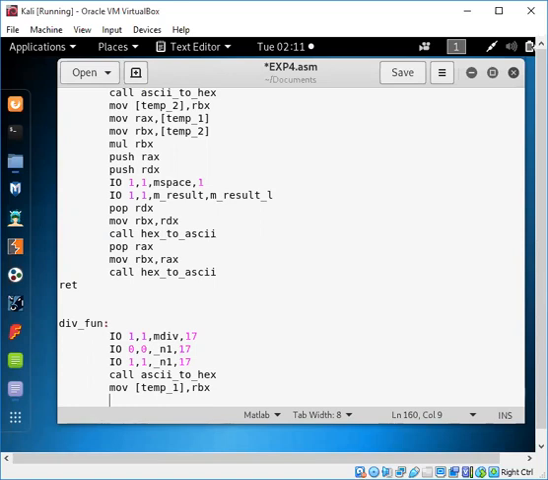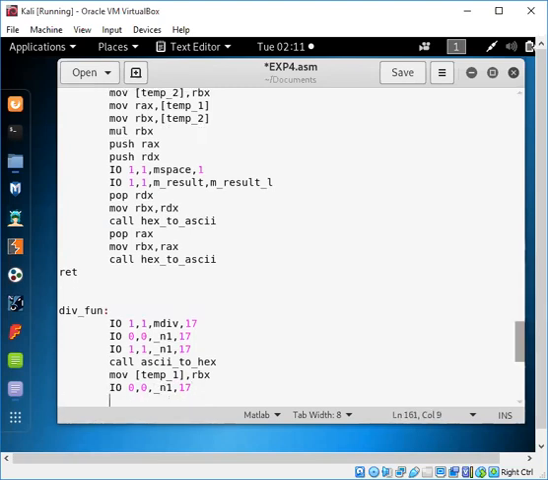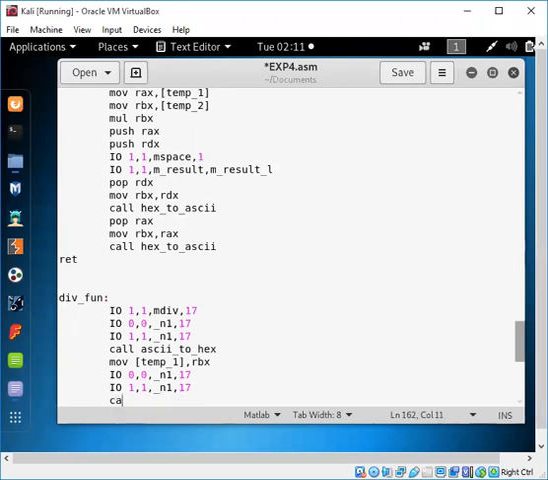And it will be stored in temporary variable 1. Then we'll take the second input, display it, and convert it for this ASCII to hex.